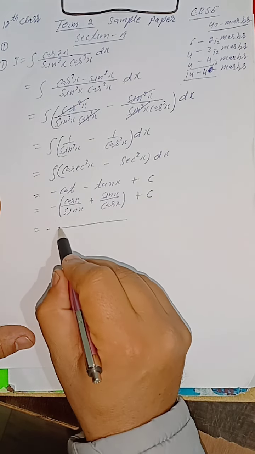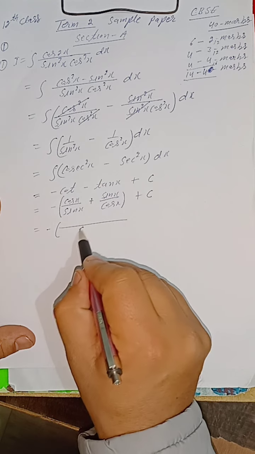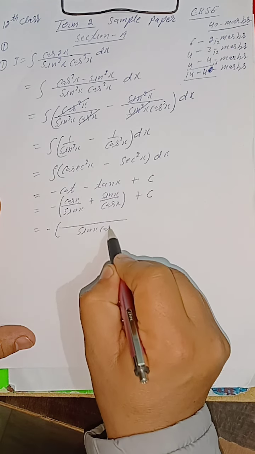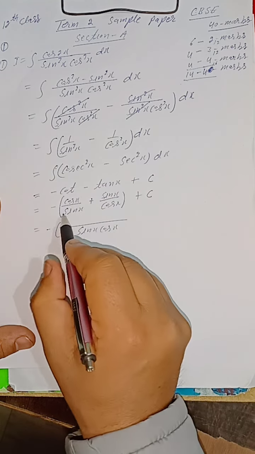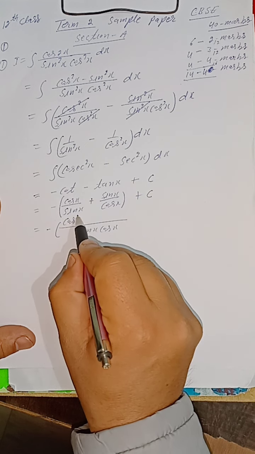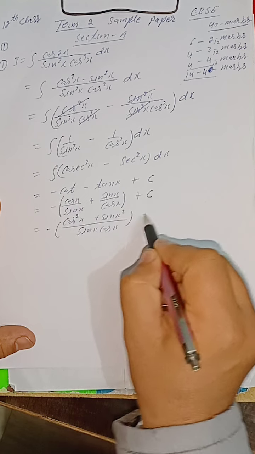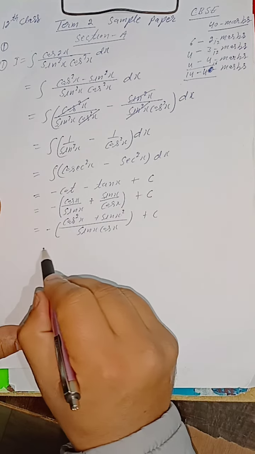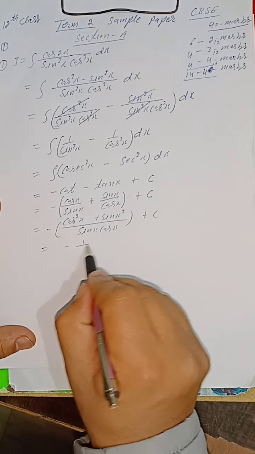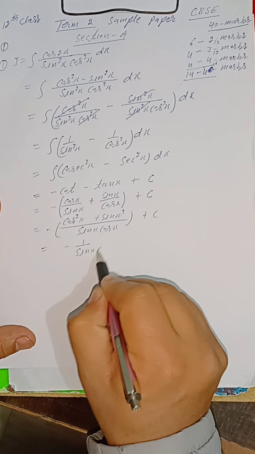So LCM of sin x and cos x is sin x cos x, and here we get cos square x plus sin square x, which is equals to 1 upon sin x cos x